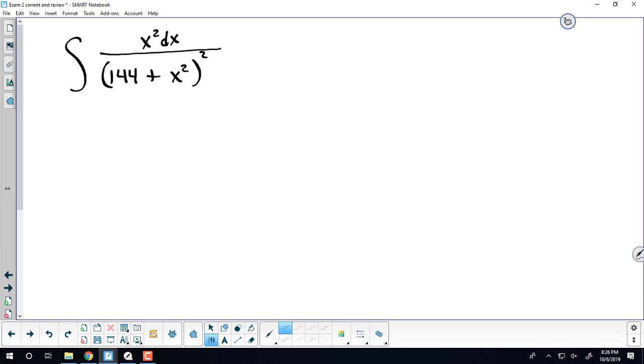We have ax plus b over 144 plus x squared, plus cx plus d over 144 plus x squared. So you might be able to do something with that. I haven't worked it out that way, but